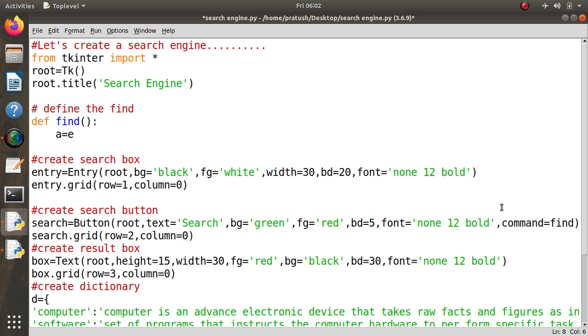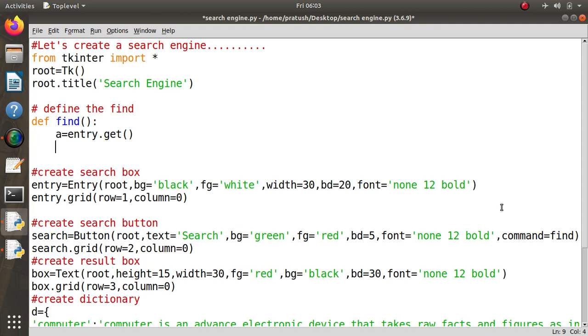We will take entry dot get and then delete what is present in the text box, that is the result box. Box dot delete 0.0 comma end. 0.0 means the 0th line and 0th character, the first line and first character. The index starts from 0 there to end.